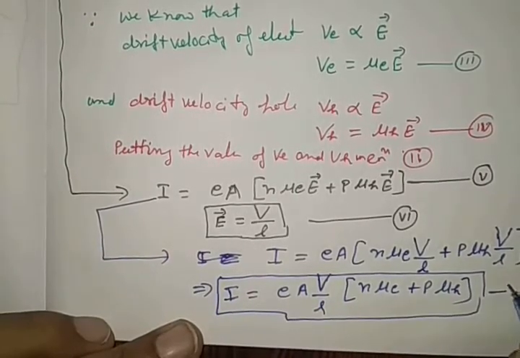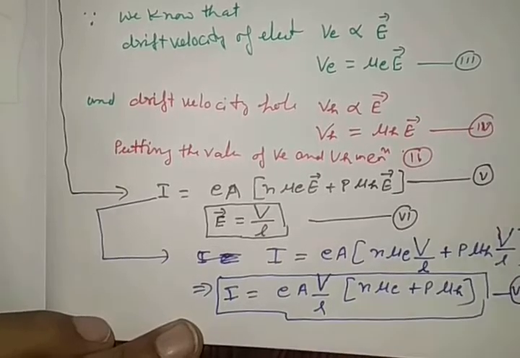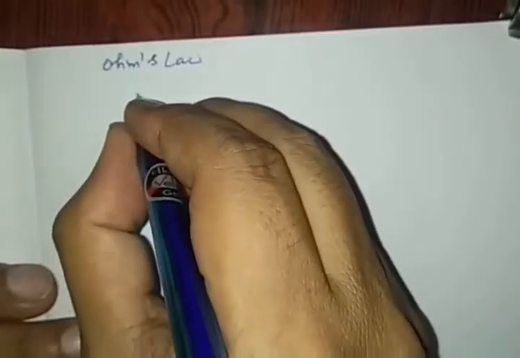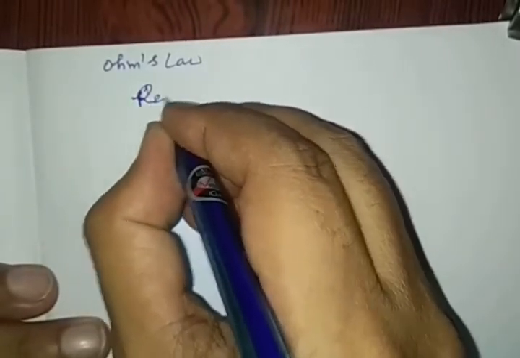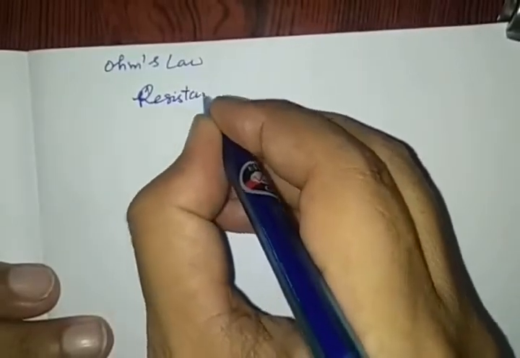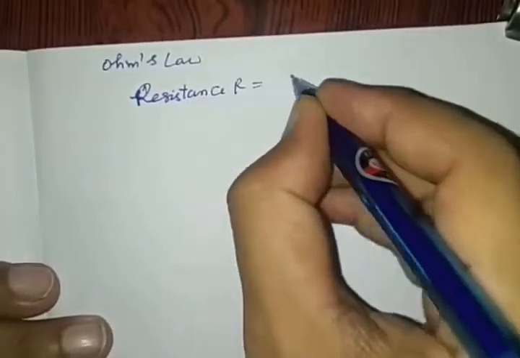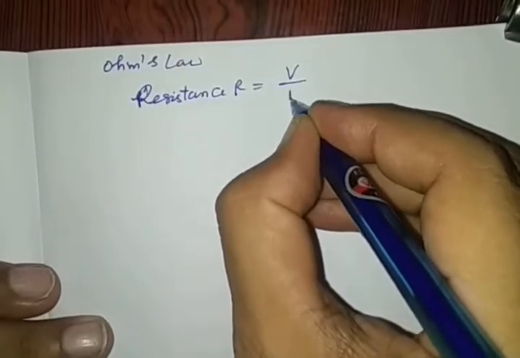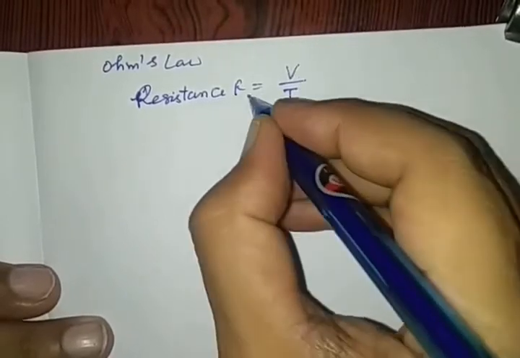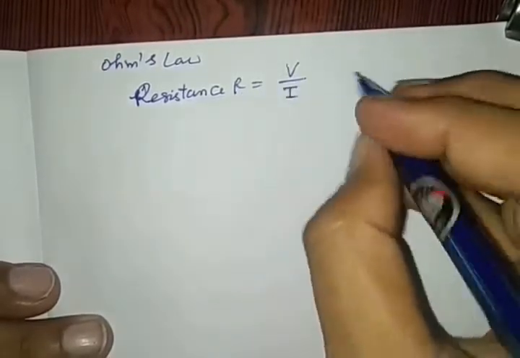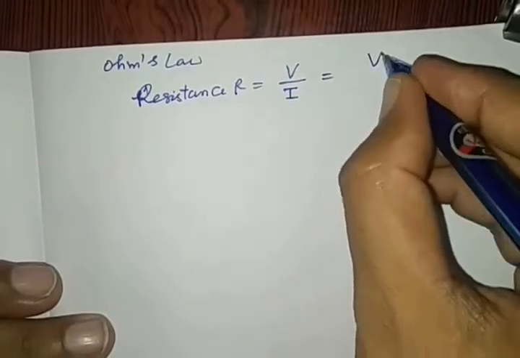It can be represented as equation number 7. Ohm's law says that electrical resistance, here semiconductor resistance, R is equal to V by I. The ratio of voltage to current is called resistance. When we keep the value of I here,